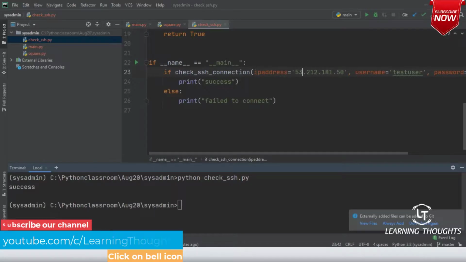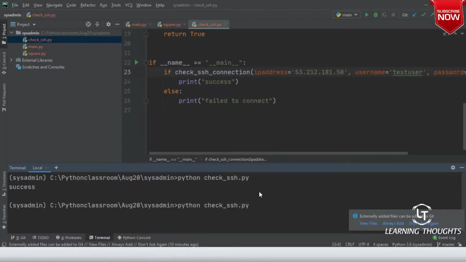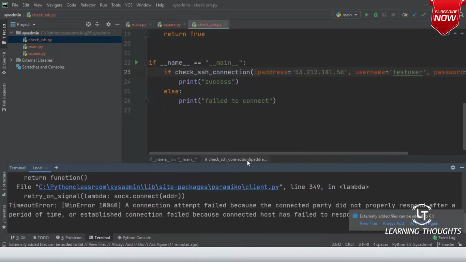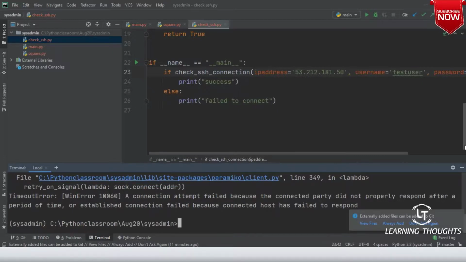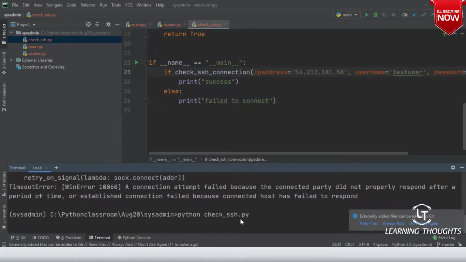I'll change this from 54 to 53. I don't know what that machine is. Our program might not behave correctly, but at least it will not give us success. If you see, it will not take this much time, but it's okay. Let it fail. So are you getting some error? Yeah. So once we know how to handle exceptions correctly, even this we can basically handle in our code. But am I clear, sir? Okay. So now I've changed it back correctly.